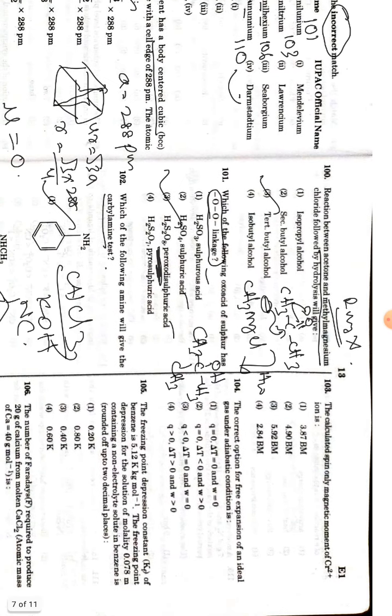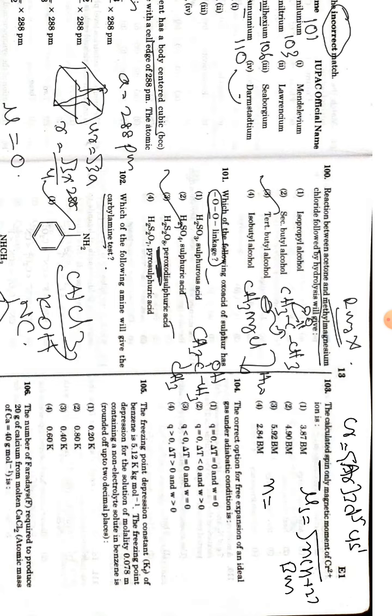Now, what is the calculated spin only magnetic moment? Whenever you get a spin only magnetic moment, it is root n into n plus 2 Bohr magneton. Here n is the number of unpaired electrons. Chromium is argon 3d5 4s1, so Cr2 plus will have argon 3d4. When there are 4 unpaired electrons, it will be root 4 into 4 plus 2, 4 into 6 is 24, root 24, that is nearly root 25, that is 4.90.